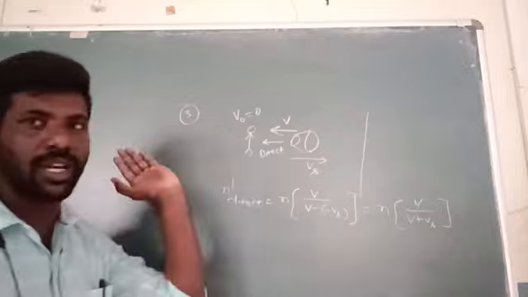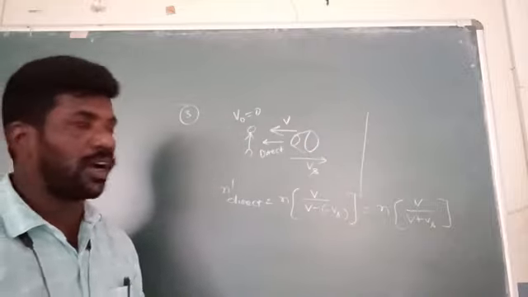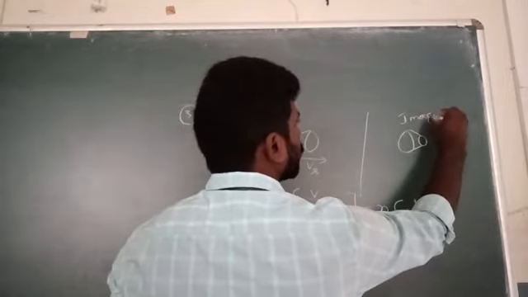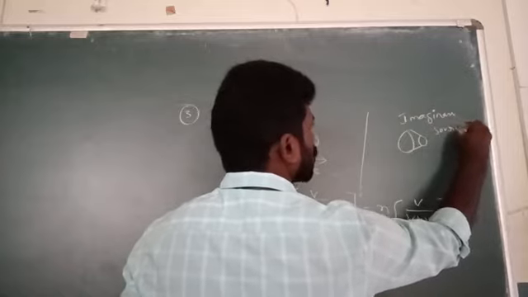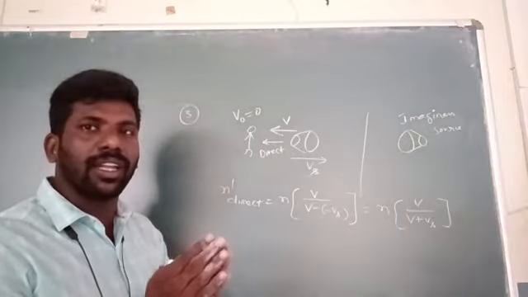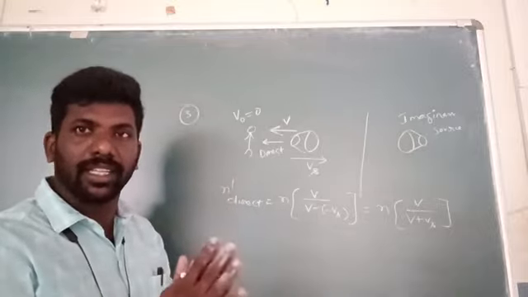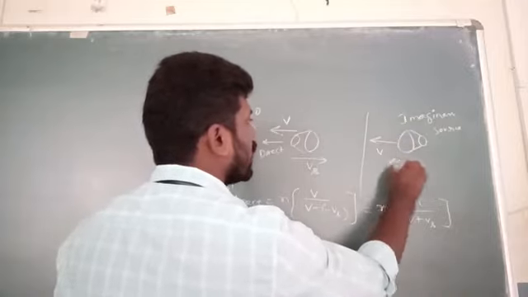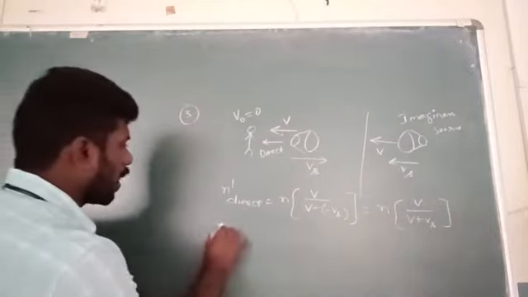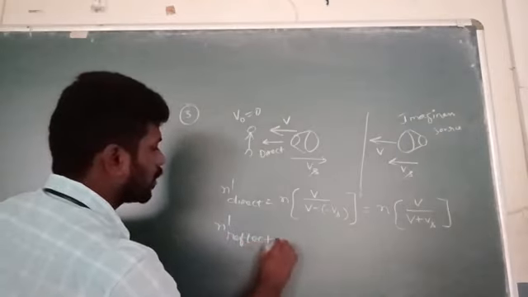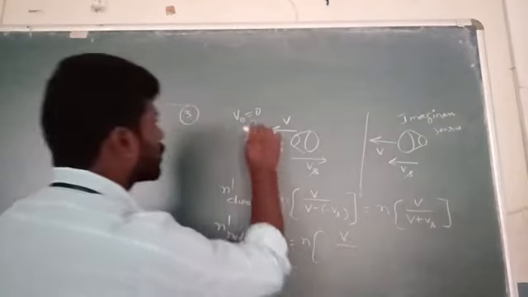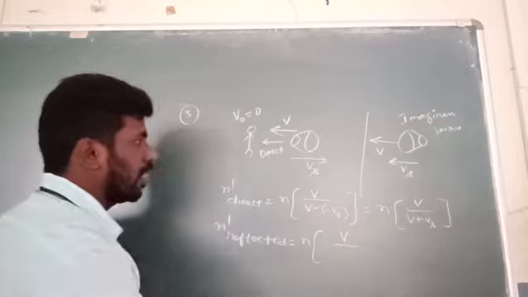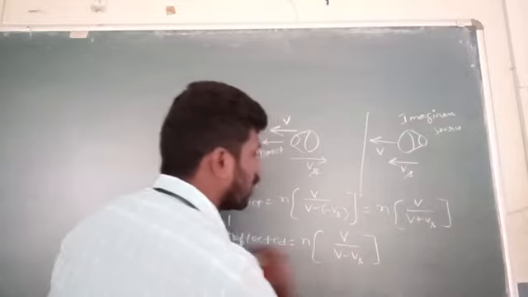The observer is behind the source, which is moving towards a stationary target. Here an imaginary source is there. Listen, whenever we take a fixed target, there is compulsorily an imaginary source. This is V, this is Vs. Coming to the reflected wave: the observer is at rest, no problem. Here Vs and V are in the same direction, so V minus Vs.